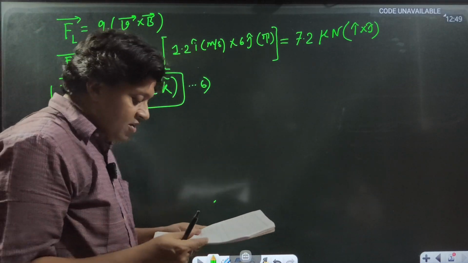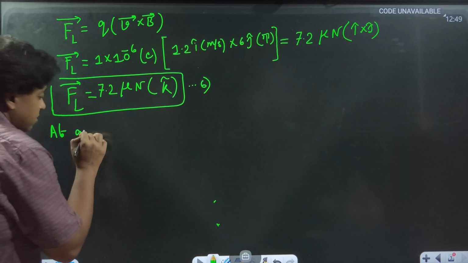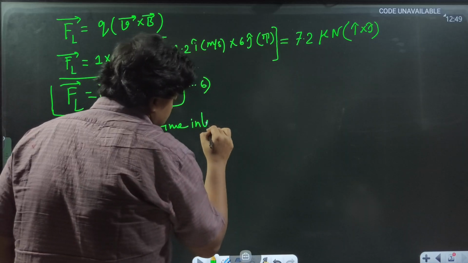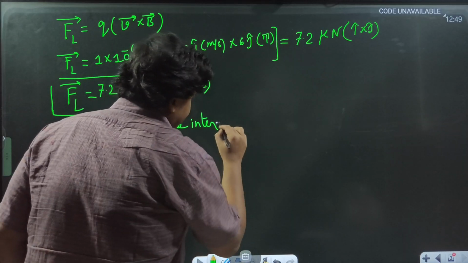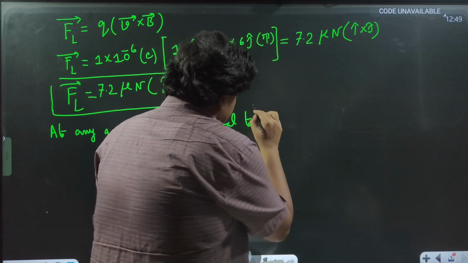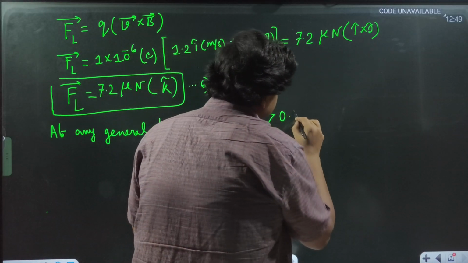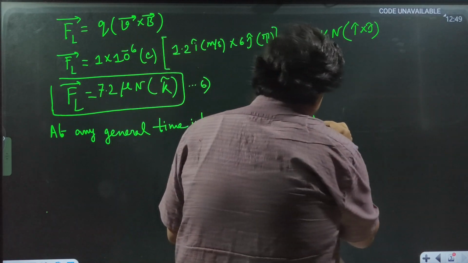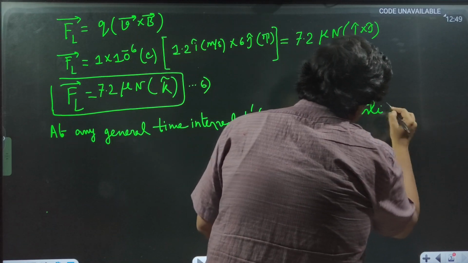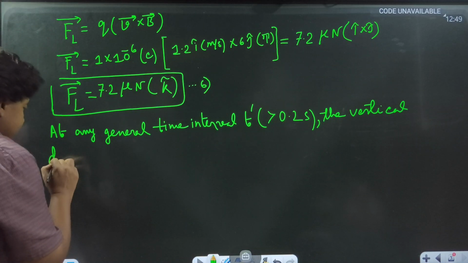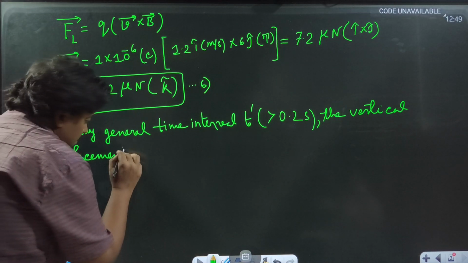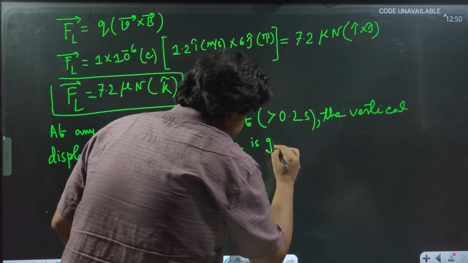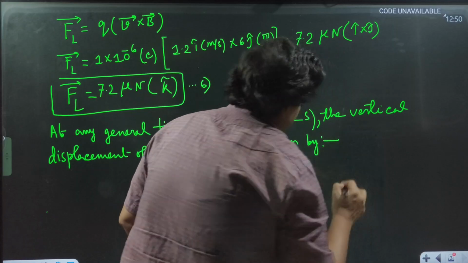So at any general time interval t dashed, which presumably has to be greater than 0.2 second because the magnetic field is turned on after 0.2 second, the vertical displacement of the particle is given by